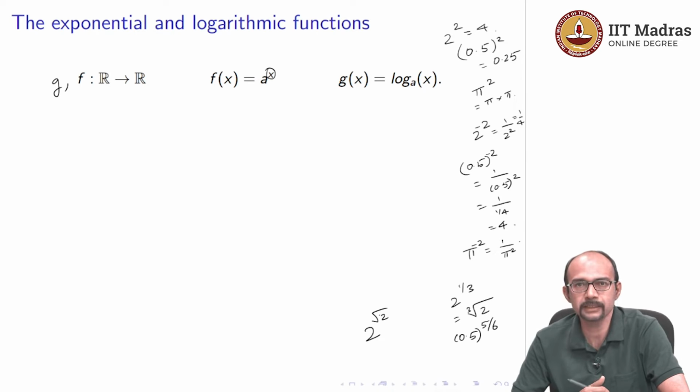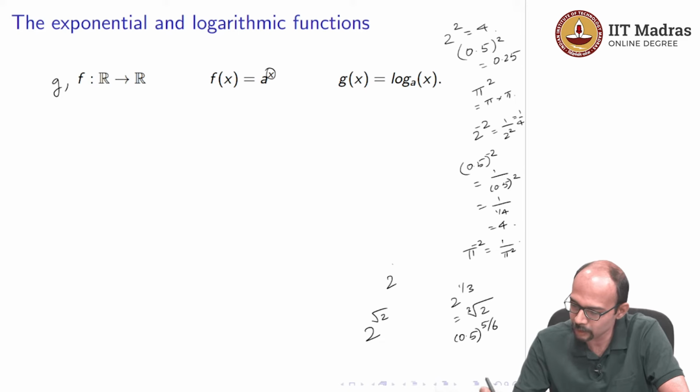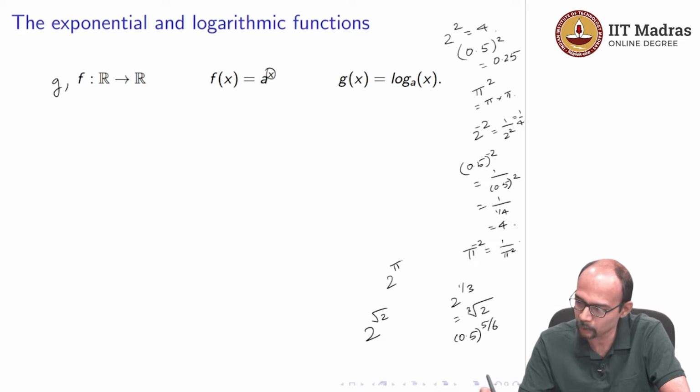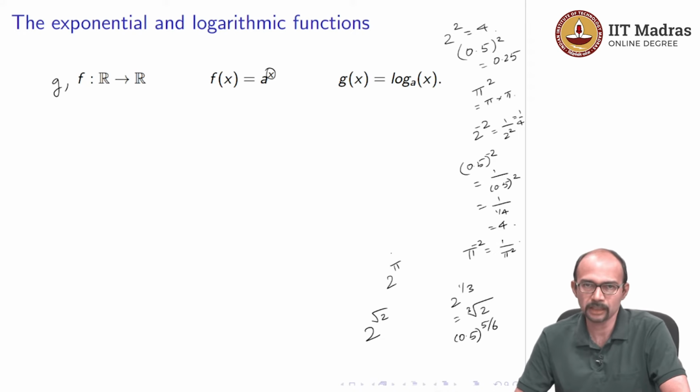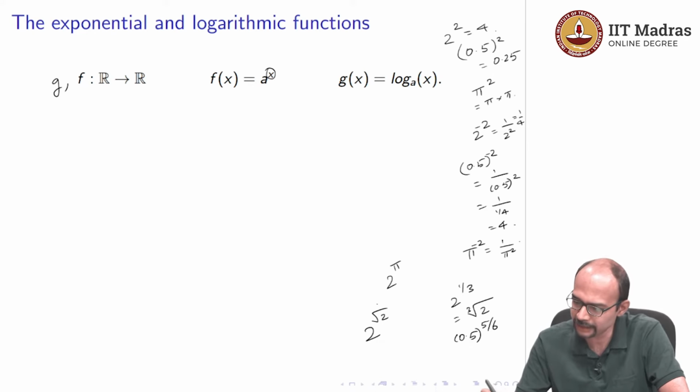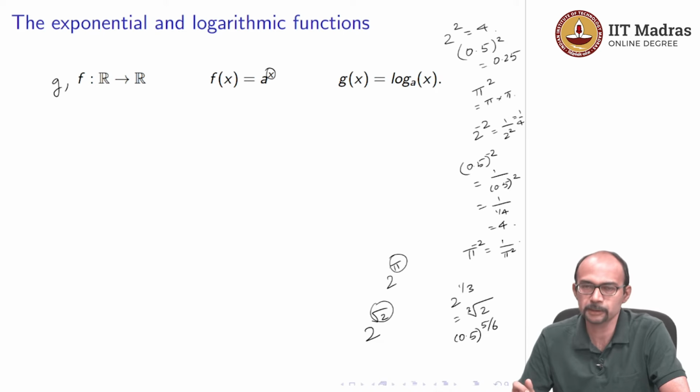What may be really not so easy is what is 2 to the power something which is even worse, something which is irrational. Sorry, not just irrational, but not even of this form like root 2. What is, say, 2 to the power pi? Okay. So, this you have to understand by understanding that when you have things like these in the exponent,